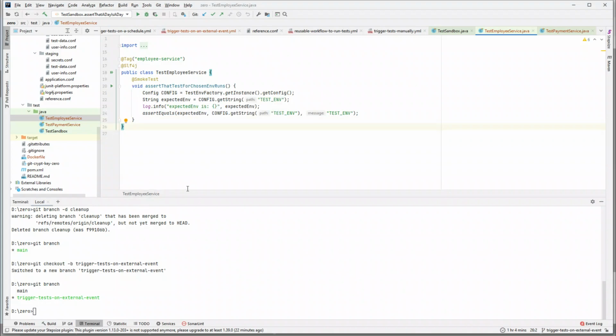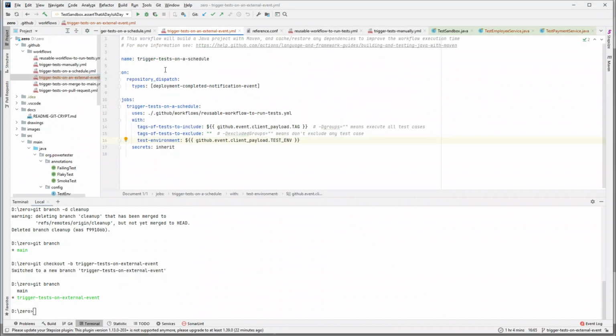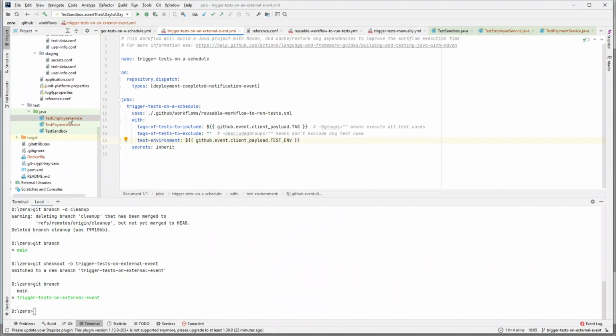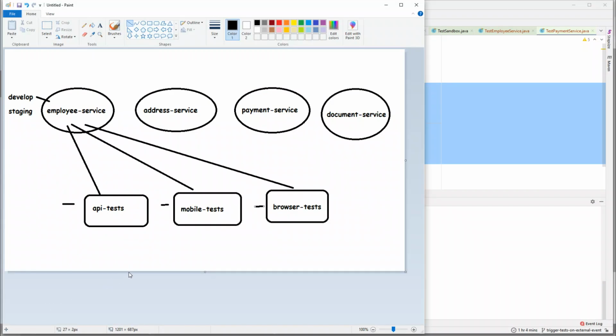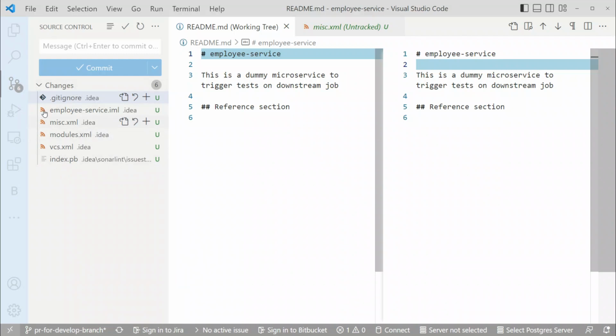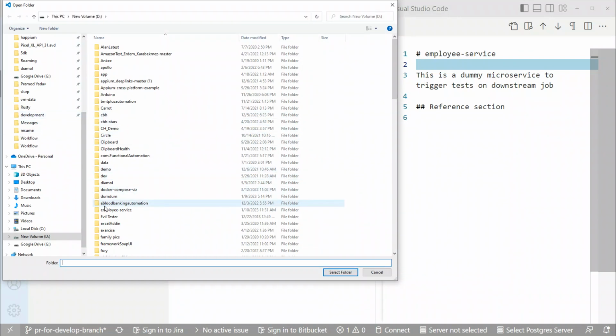So now we have an upstream job which can trigger the test. We also have a downstream receiving workflow file, which can receive this trigger and which could run the test for the chosen environment and for the chosen tags which are passed from the upstream job, right? And we also have the test for each of those services. So we are basically all set. So let's just go ahead and commit these changes. So let's file, open folder, and let's open